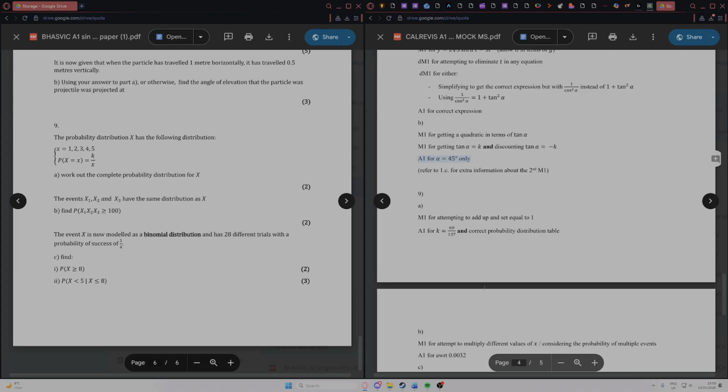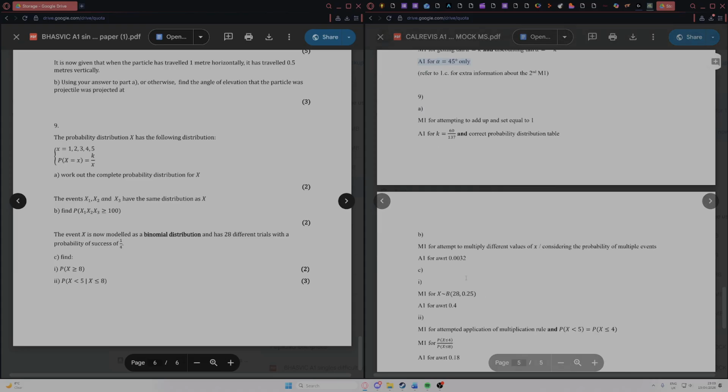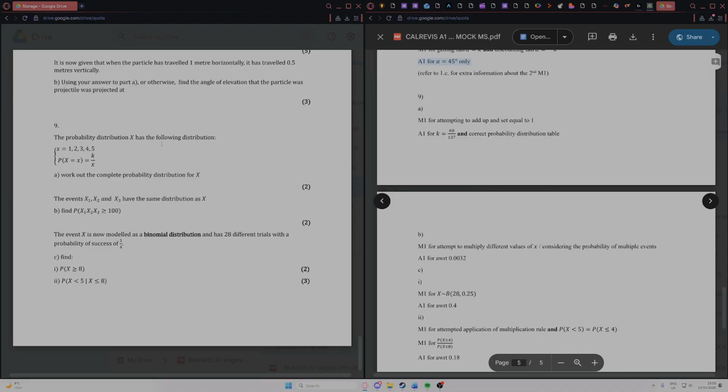Right, next, I tried to keep the stats down to a minimum and a decently easy question, just because no one likes stats. And I managed to stuff every single stats topic into one question, so that's good. Firstly, this is just a classic discrete random variable question. Add them all up, set them equal to 1. So add k plus k over 2 plus k over 3 plus k over 4 plus k over 5 equal 1. Solve, get this, and then you have to do your probability distribution table,